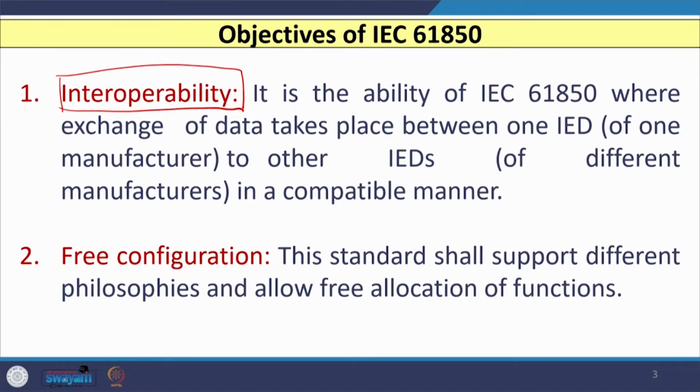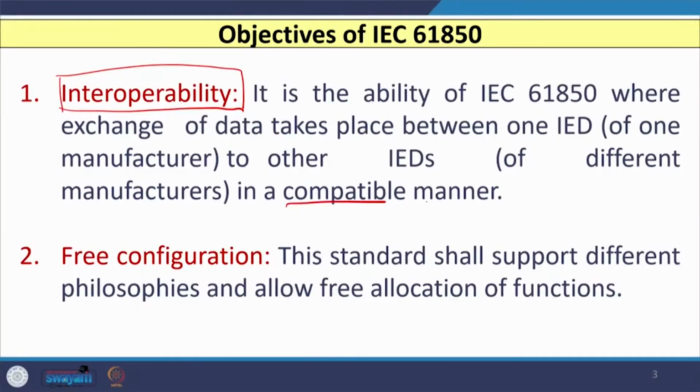So, interoperability indicates that an IED, it can be a PMU, it can be a PDC, anything. When one IED wants to communicate with another IED of a different manufacturer installed in the same substation or maybe in remote substations in a compatible manner, then how that exchange is possible,